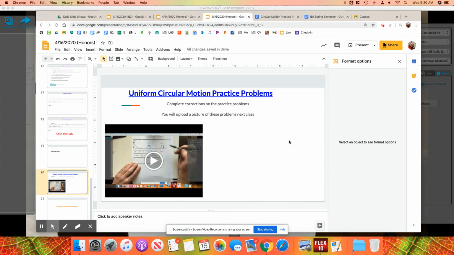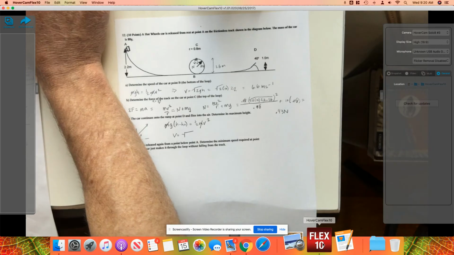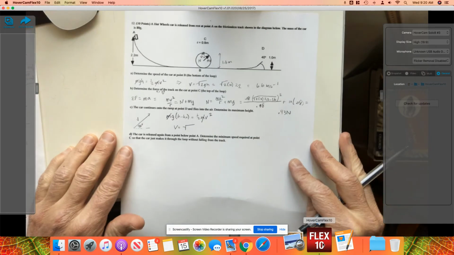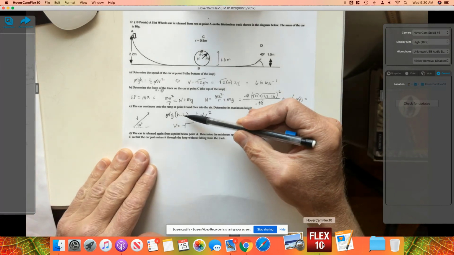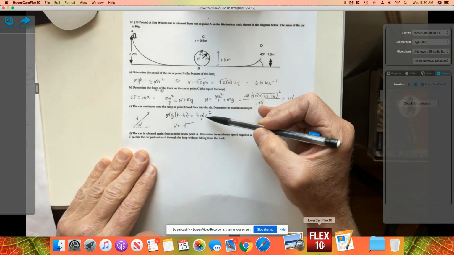All right, let's go ahead and continue our problem. So notice before we were looking at this idea. Oh, let me get the camera. Sorry. We're looking at this idea that the conservation of energy could tell me the velocity of the projectile at